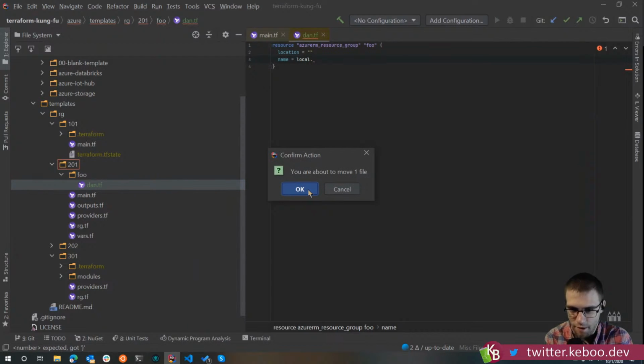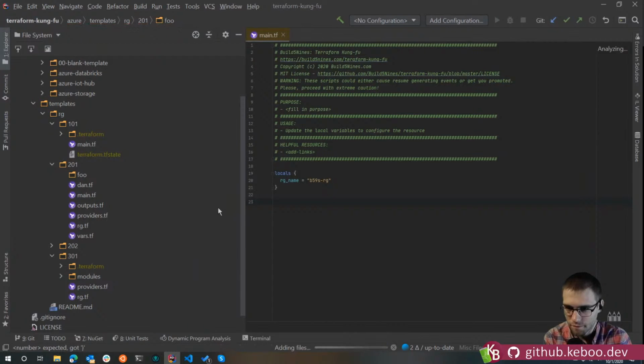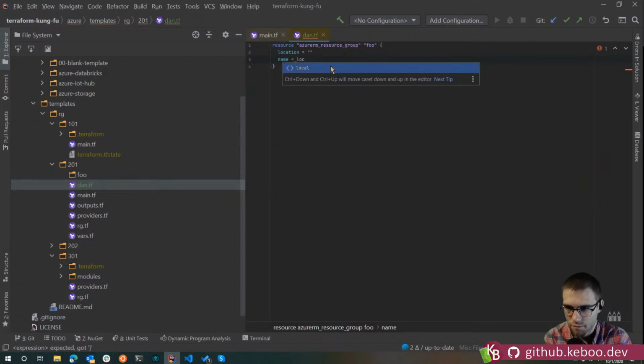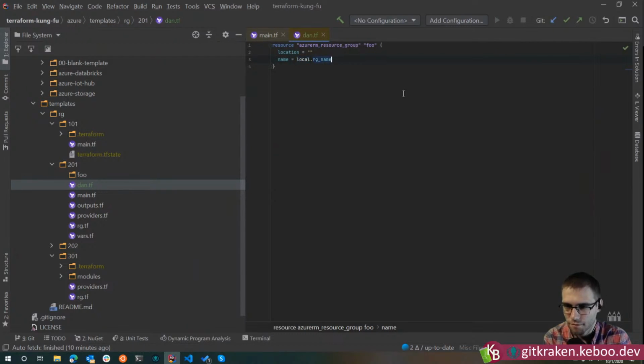That is the way Terraform likes to do their scoping and grouping, with folders. So you get to define whatever scoping you want as long as it's within the folder. So let's move Dan up a level. If I move Dan up a level, and we come back here and try to address this now, there it is, what we found. So that's an important thing to learn about locals.